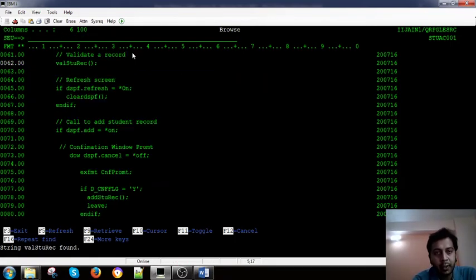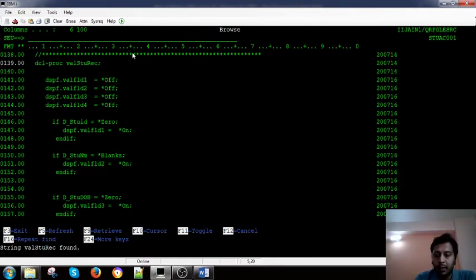This is where the valid procedure is called. Initially when this is called, I have set all the indicators to off. Then I test that when this field is zero, there should be some ID for it. When this is blank, the valid indicator gets on, and when this gets on, the message in the message file will appear.